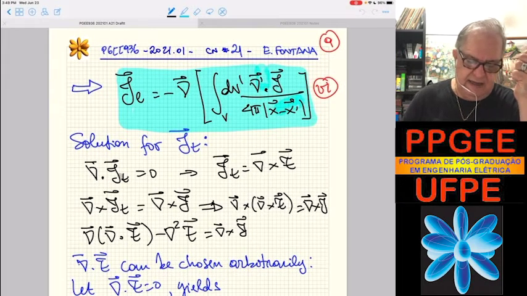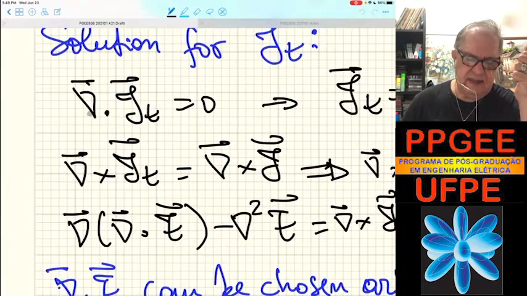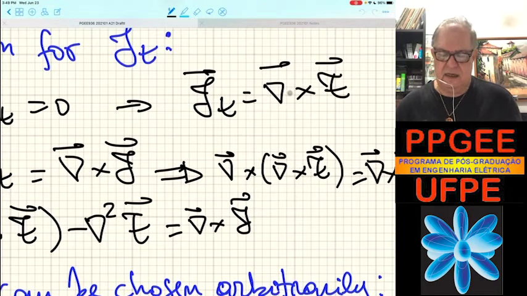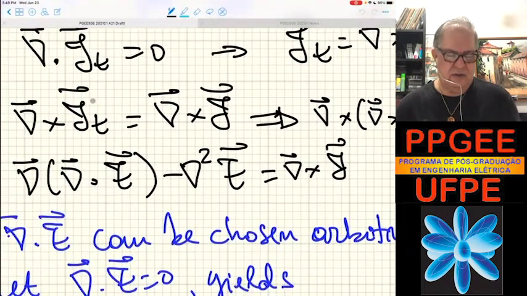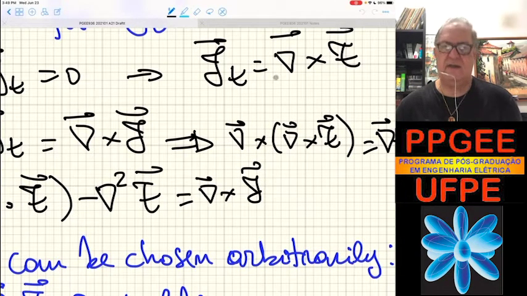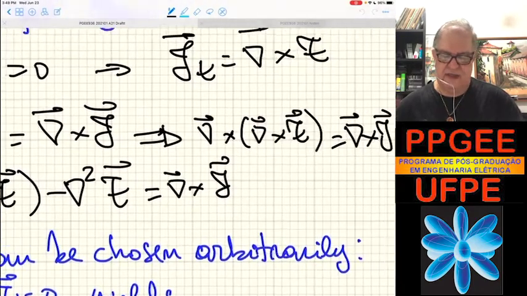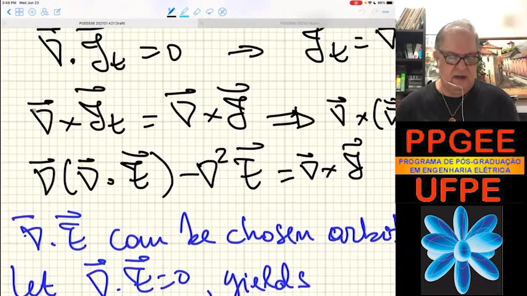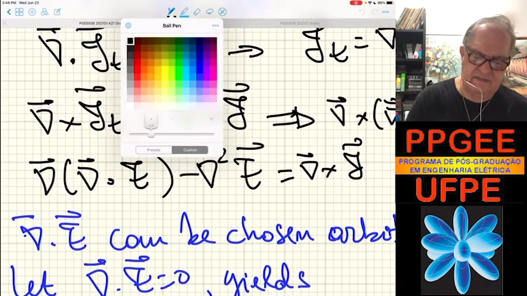Well, JT is solenoidal, has zero divergence, so JT can be cast as the curl of a vector, F. So curl of JT is curl of J, but JT is given by curl of F. So it's curl twice, curl of the curl of F equals to curl of JT, curl of J, right? So curl of F